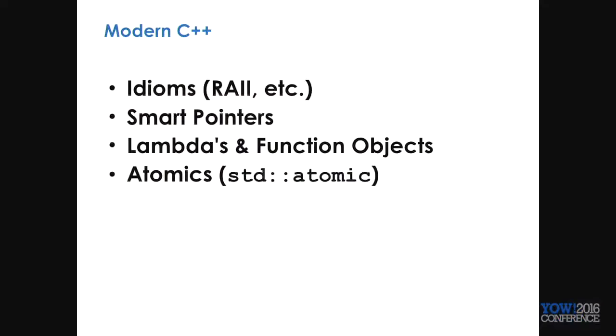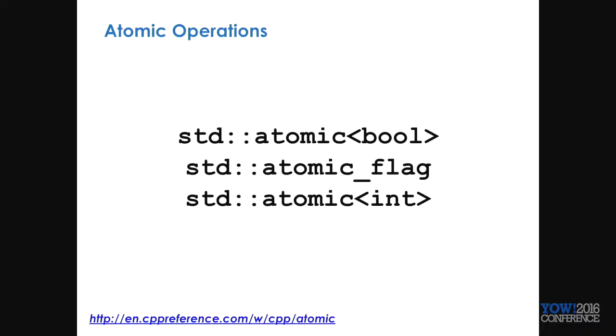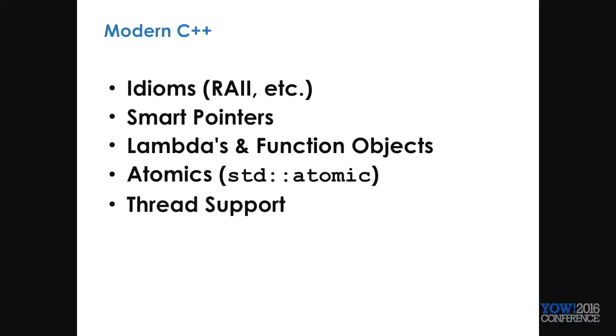And if you're thinking about it and you know other languages, you may be thinking of things like lambdas and function objects as well, another feature of modern C++ that was added. This was added actually before Java had lambdas. Function objects have been around for quite some time. Atomics are another part of C++11, a very important part because it introduced a memory model to C++. These were added as a set of templates around a different set of types and some other things that were added. We'll come back to these for a moment because they'll be very important to us.